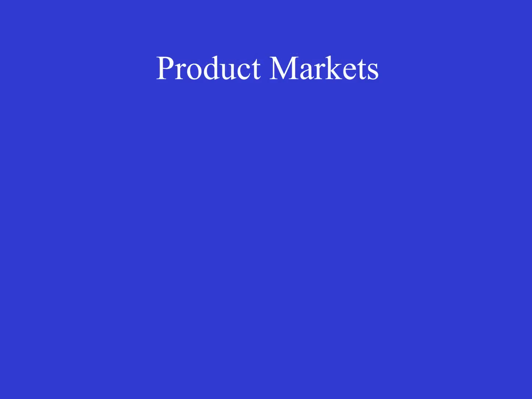Now, let me give you an idea of where you'll be competing. What I want to do is break this up into product markets. Now, keep in mind from our class, we remember what we had here. We talked about how there's the product market. That's where you sell your product. And then there's the factors market. That's where you buy and sell your factors of production, things you need to produce your product. And you're going to be selling it to consumers.